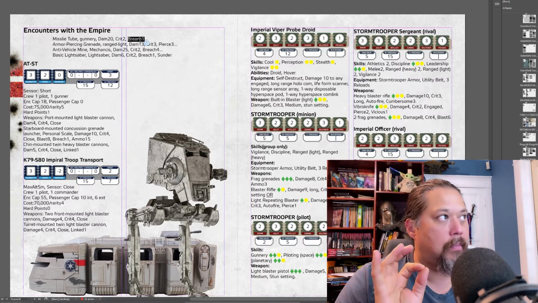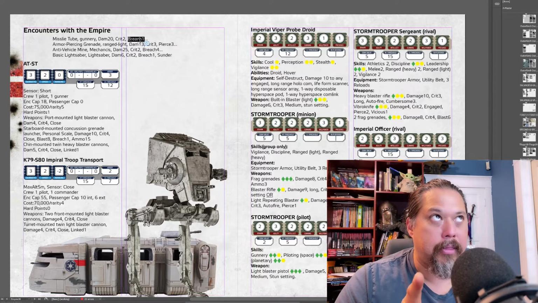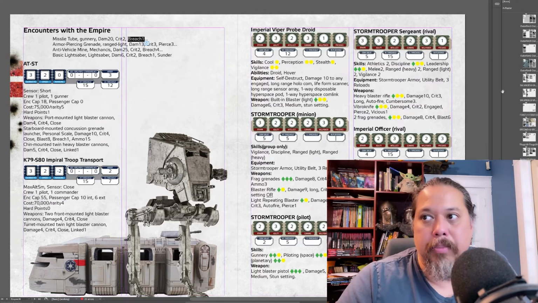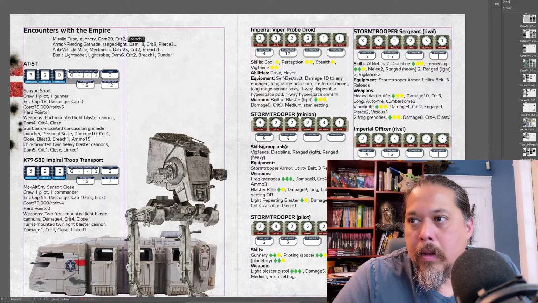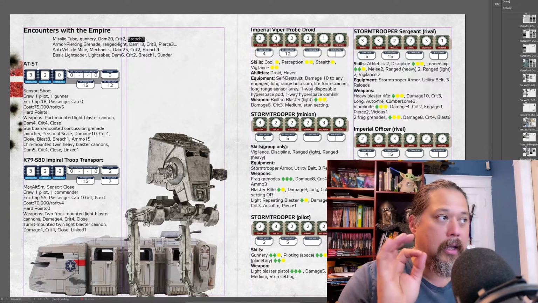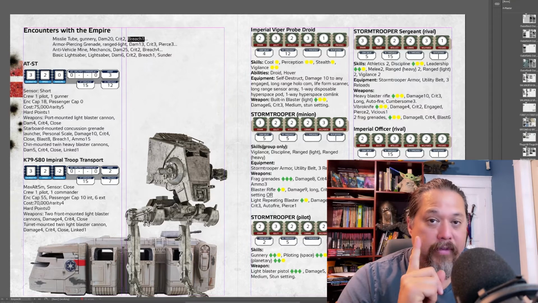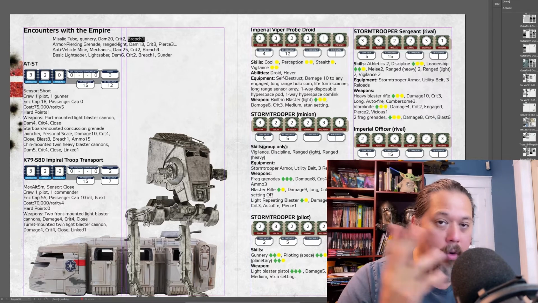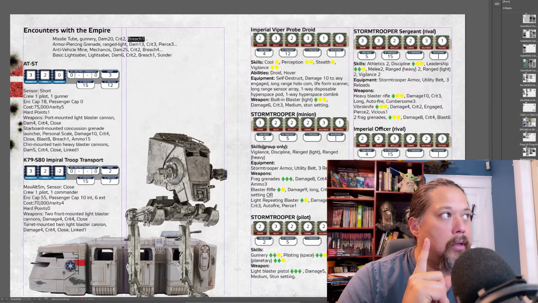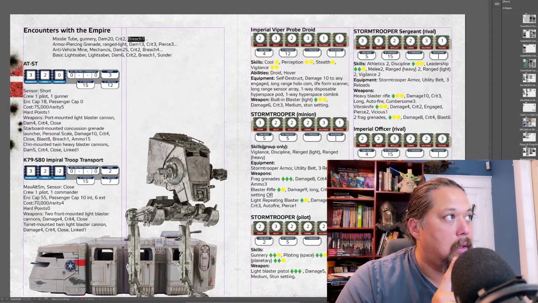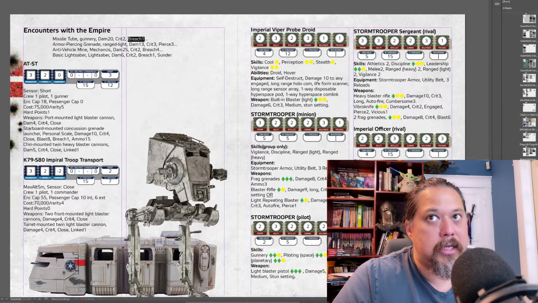Okay, so you got to remember that, I think. I could be wrong. I could look that up, but I'm pretty sure that's correct. Let me pause it and make sure. That is correct. The breach will ignore 1 point of vehicle armor or building armor or whatever, and 10 points of soak. So this right here, the missile tube now has a chance of penetrating the AT-ST